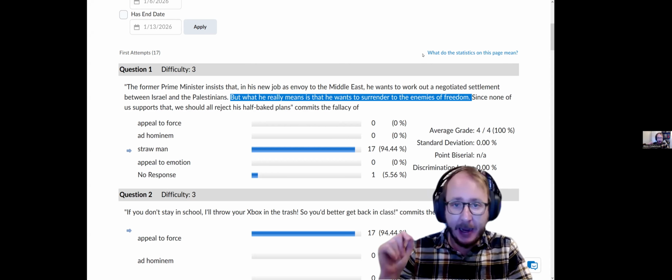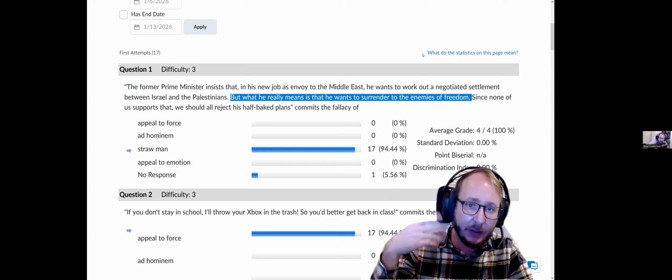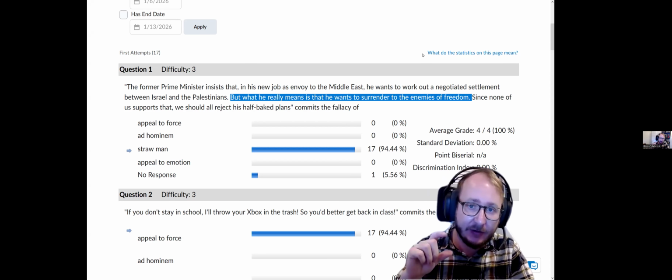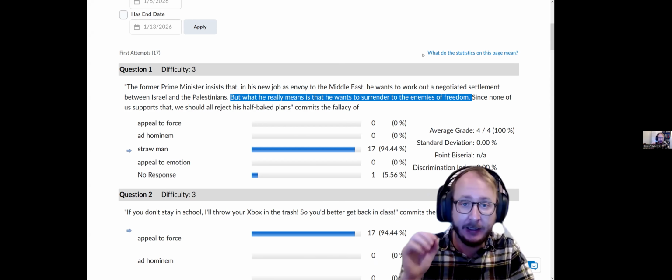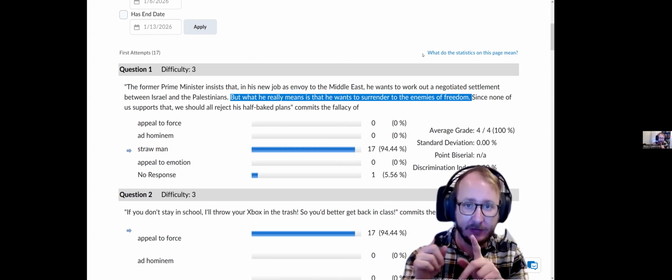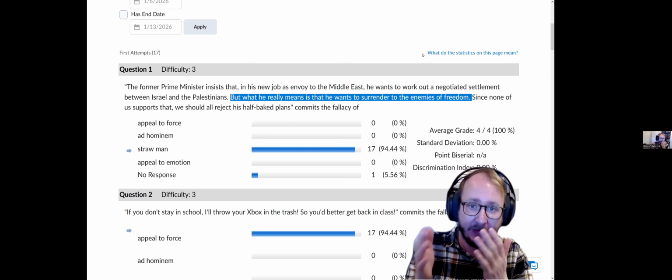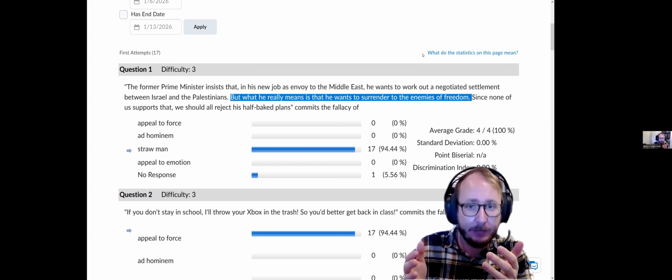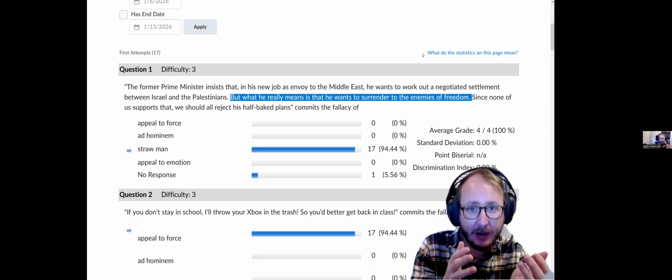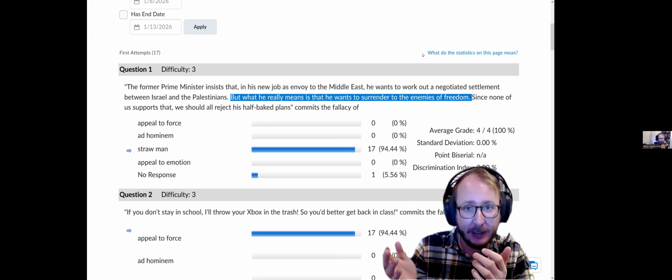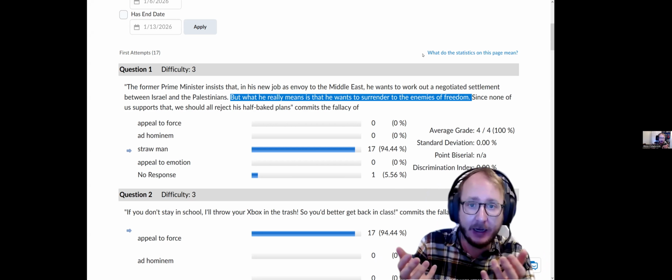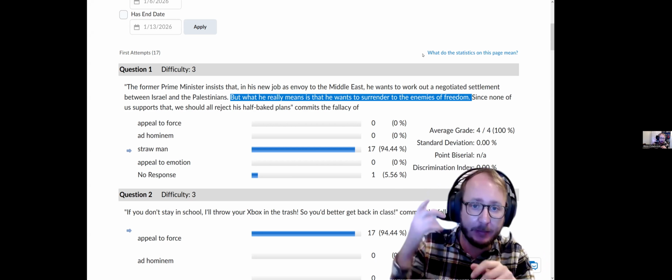So notice that a straw man mischaracterizes what somebody's views are, what their statements are, what their argument is. It does not necessarily attack that person personally based on their character. That would be ad hominem. And for the fallacies of relevance, the easiest mistake to make is to mistake the straw man fallacy for ad hominem, right? And the nature of the target is different here. Ad hominem is about the person's character. Straw man is about their views or what they said or what their argument is.